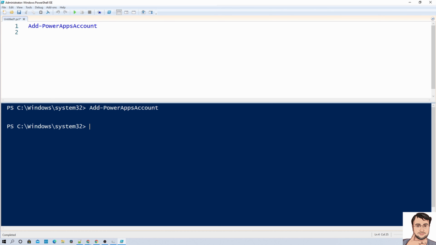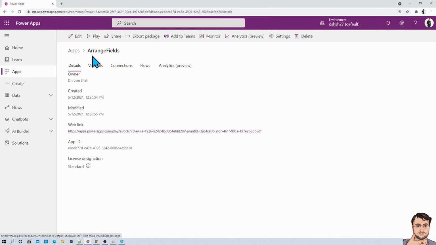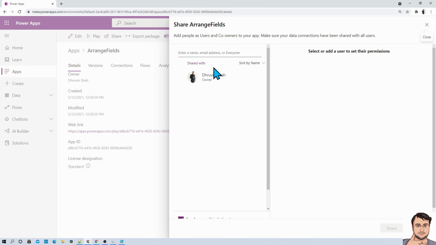The second step is that we need to assign a role to a specific user for our Power Apps. First of all, let me show you the example that we are going to achieve. Let's say this is one of the Power Apps. At this moment you can see that when we click on share, we do not have any user provided here. Now I want to share this app with Shriraj with edit permission. So how can I do that? Let's talk about that in detail.